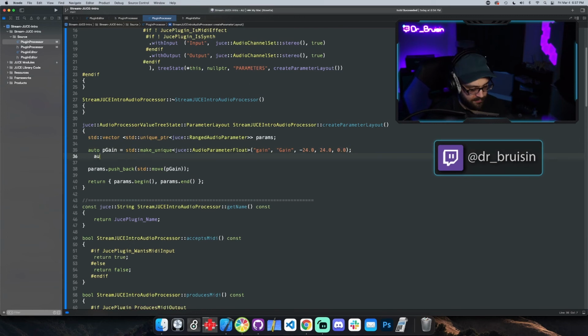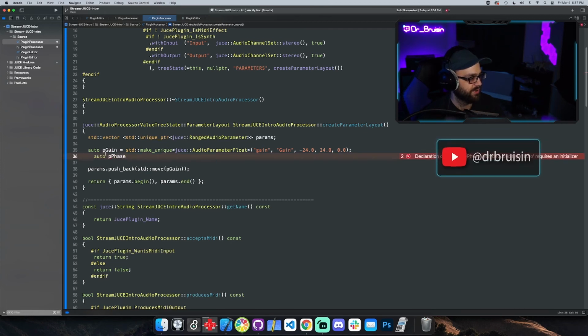Let's make one called phase. Oh, and by the way, the reason I'm putting P in front of these is just because to me, they're parameters. So I'm just saying P for parameter. So equal std make